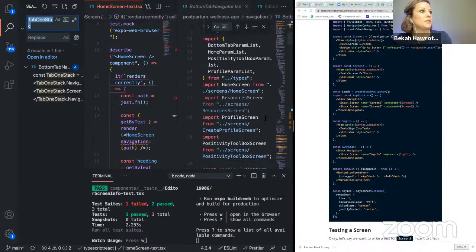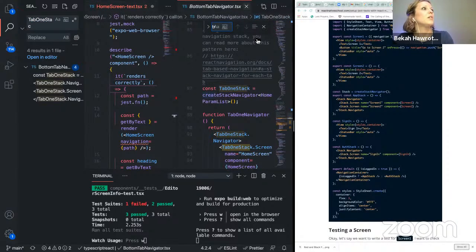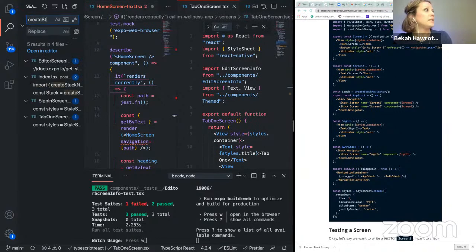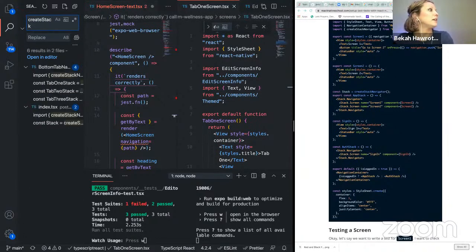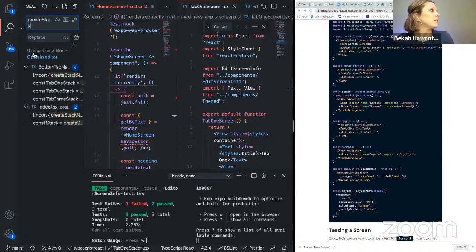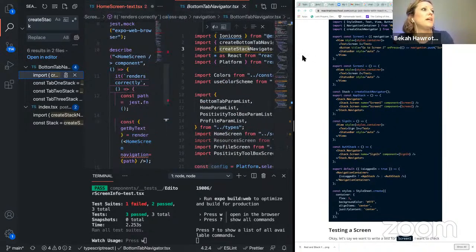We've got... I'm just gonna do it here. See where we're using create stack navigator. All right, so we are using this in the bottom tab navigator.